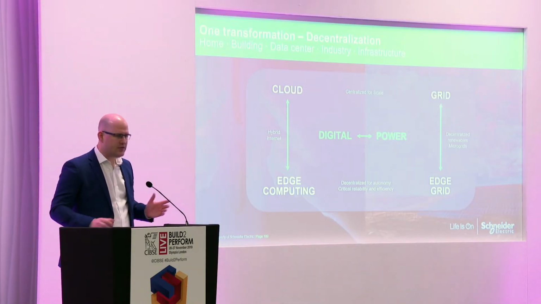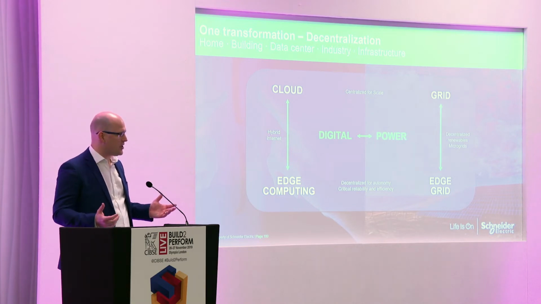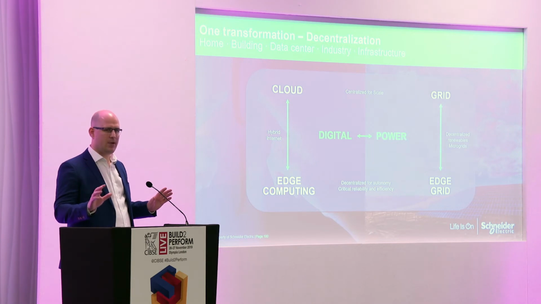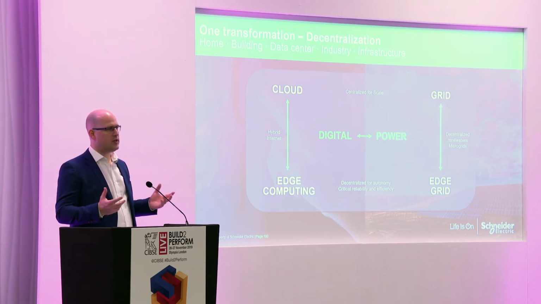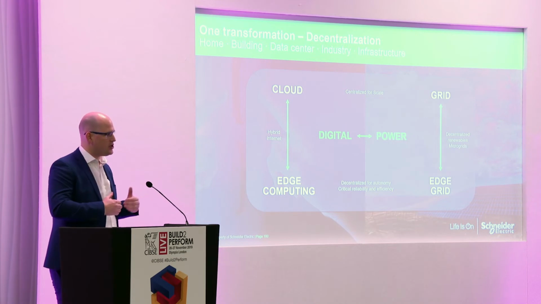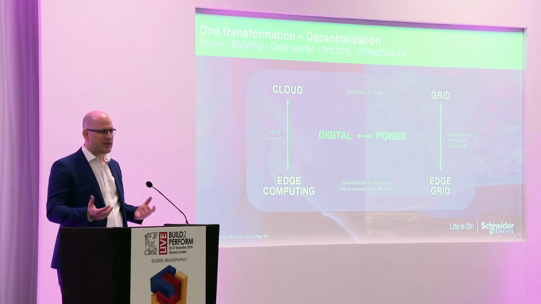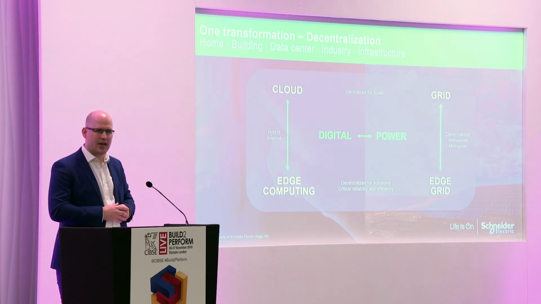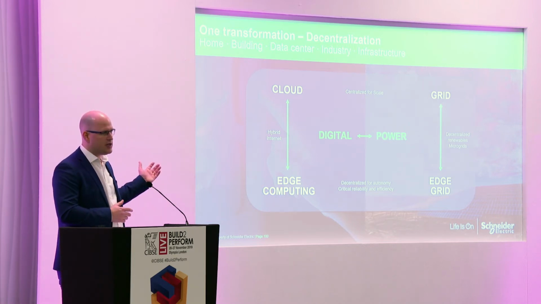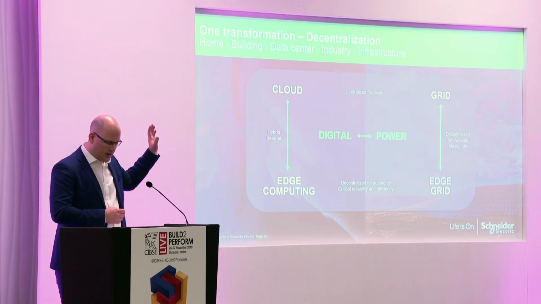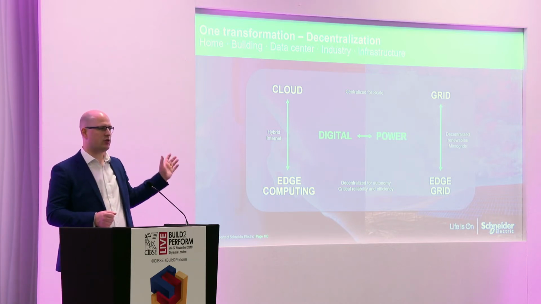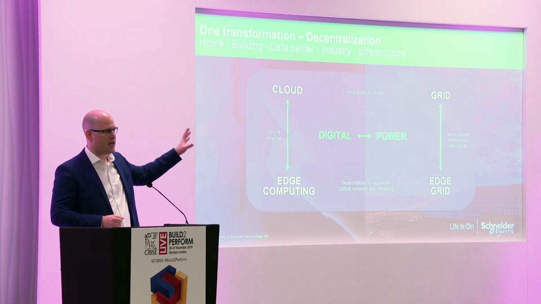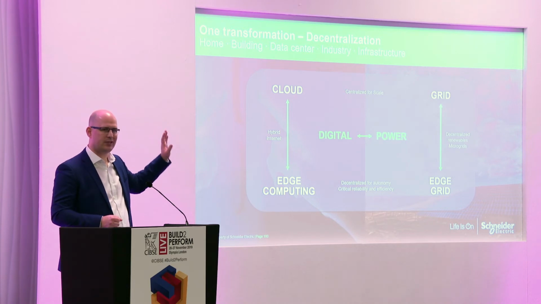So what we started to talk about, I think, is a bit of a transformation. A huge shift in digital and also in power distribution. Now, those two things actually go hand in hand, and they're shifting in the same direction at the same time, really. So we at Schneider talk about two faces of the same coin. So what you see on the screen is how that shift is moving. So today, everything is centralised for scale. So you have cloud computing, and you have a sort of mains generation, single, big power plants grid, okay?